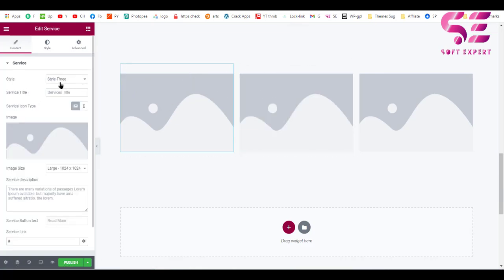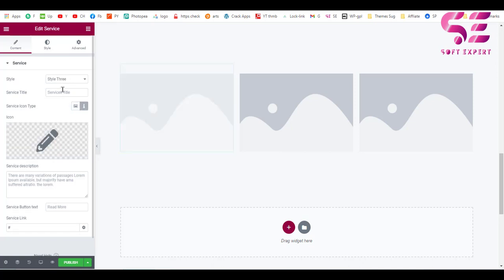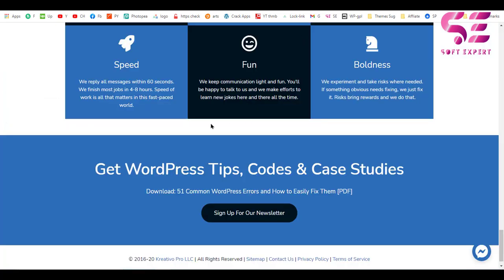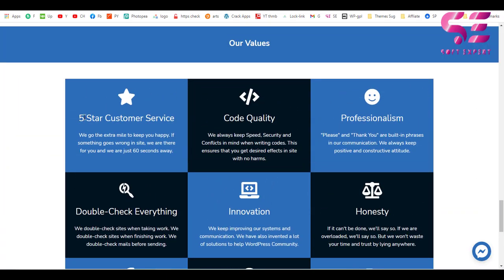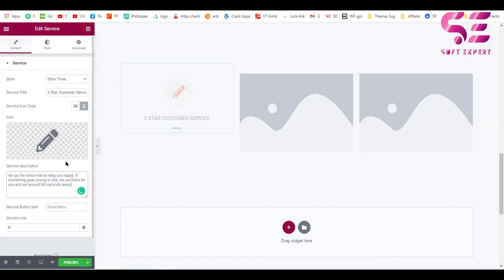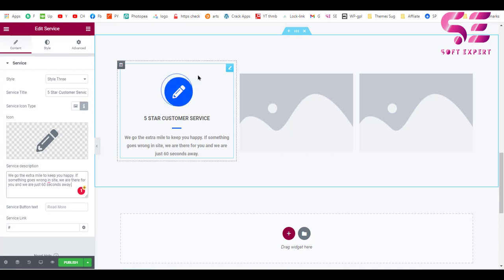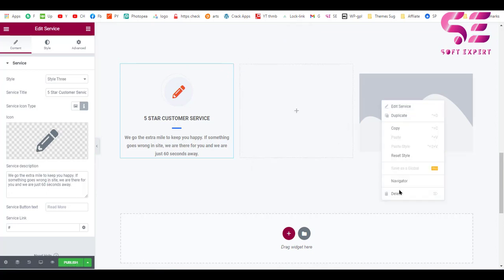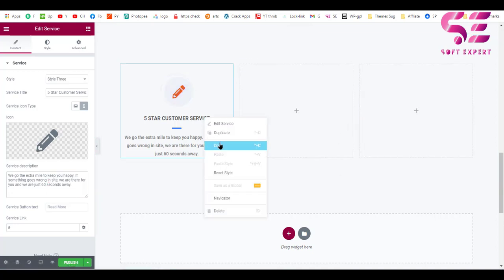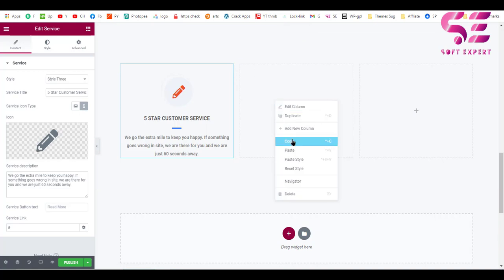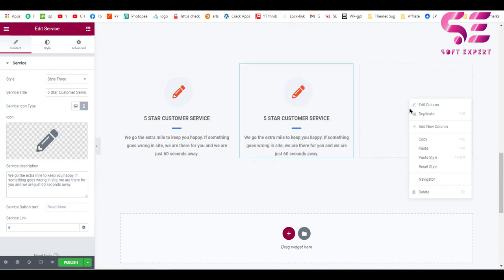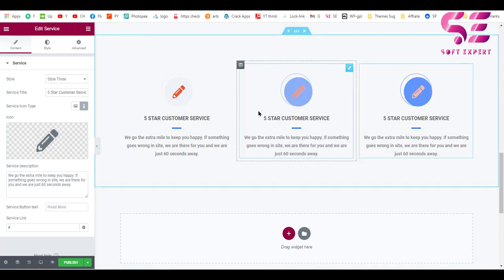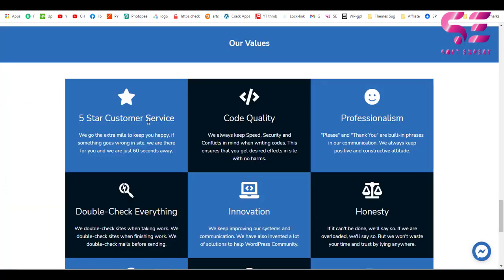Now edit the first one, give this an icon, and the title will be this one, and this is a description. Now again you can change the colors, and let's remove this, and we'll duplicate this, and that is how you can create this structure.